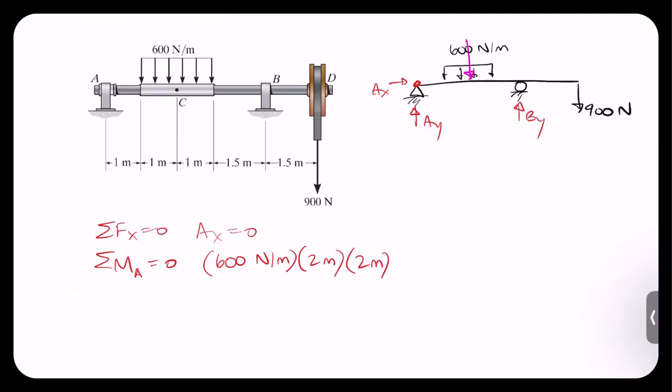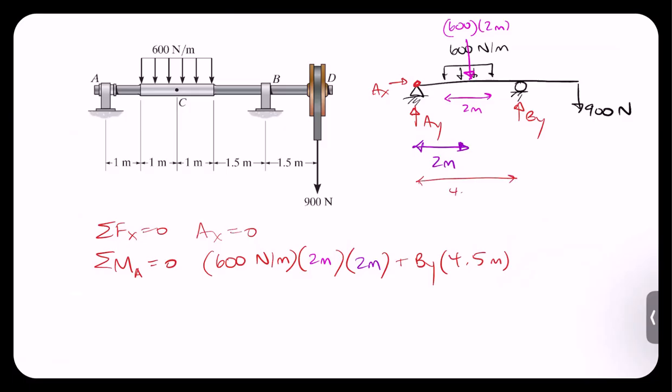If you wanted to make that, so this would be 600 times 2 meters, and then my moment arm is the distance to A to that concentrated version of the distributed load. 600 times 2 times 2 plus BY times 4.5 meters, right, the distance from A to B. And then we have, this one is negative, BY is positive, our 900 is negative, and it is 6 meters away. So that gives me a BY of